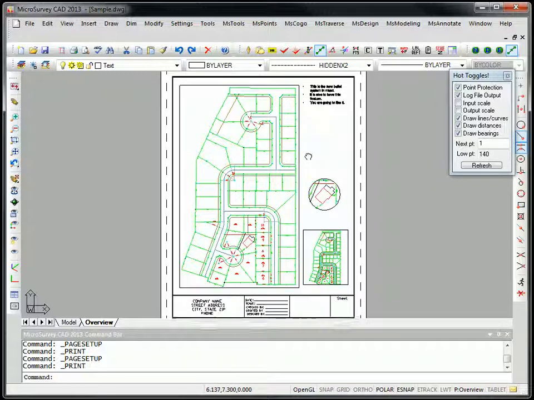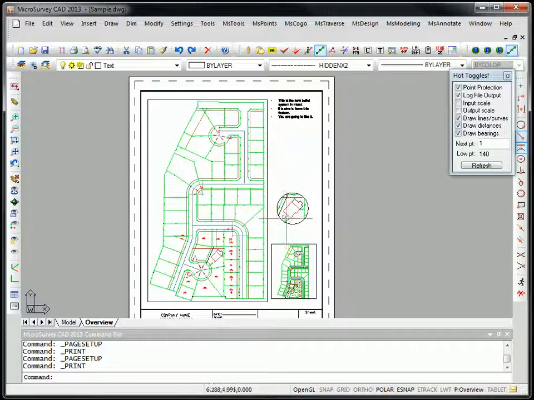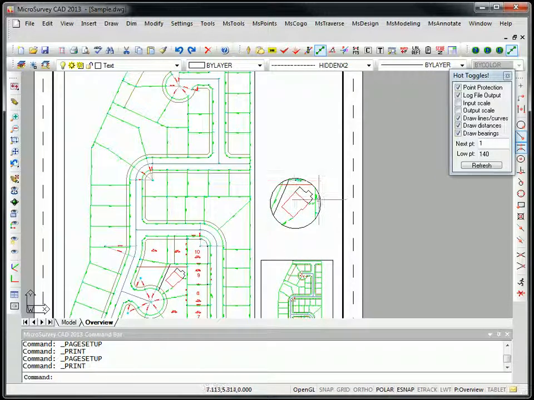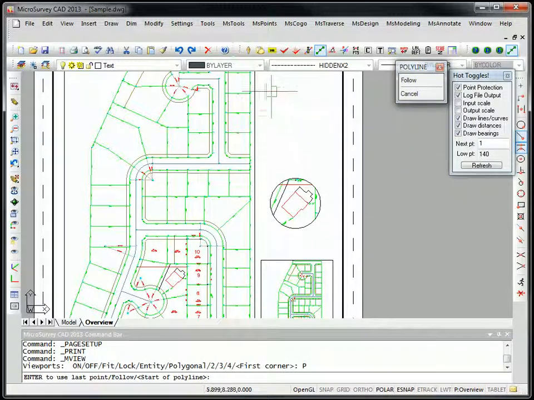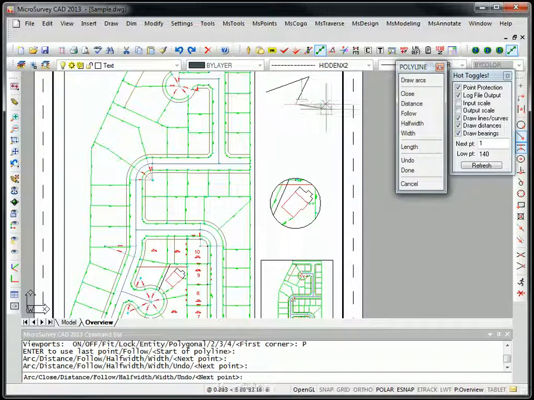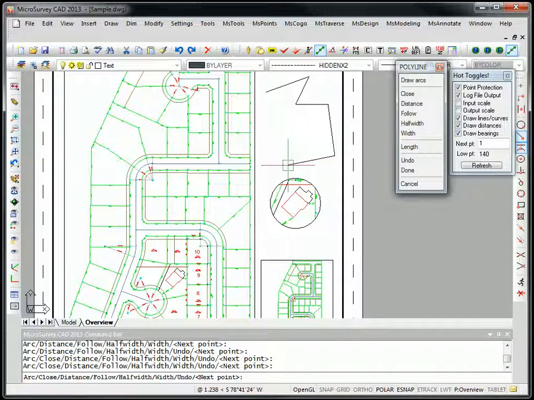So now that we're looking at a paper space view here, you're going to see I've got a viewport here and it's circular. So one other new feature is irregular or non-rectangular viewports are now supported. So if we go to create a viewport, and we select this option here, it lets me create a viewport